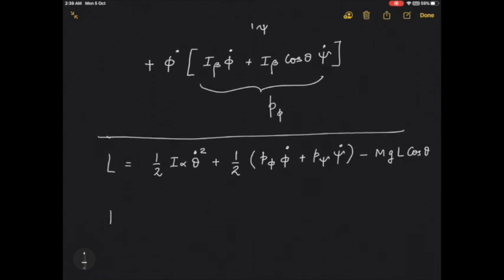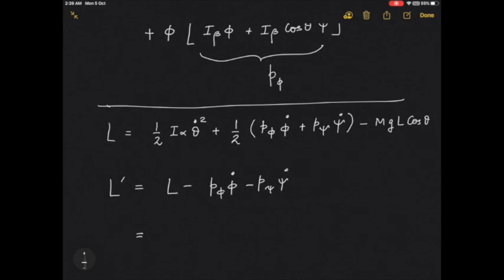So now I can write L prime quite easily, because L prime is nothing but L minus p phi phi dot minus p psi psi dot,